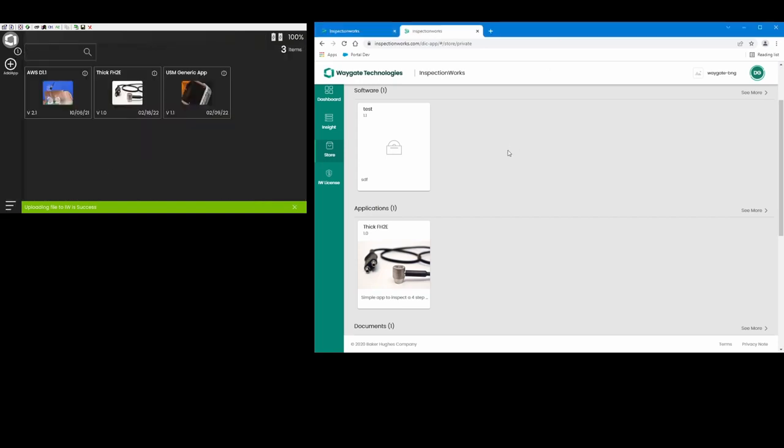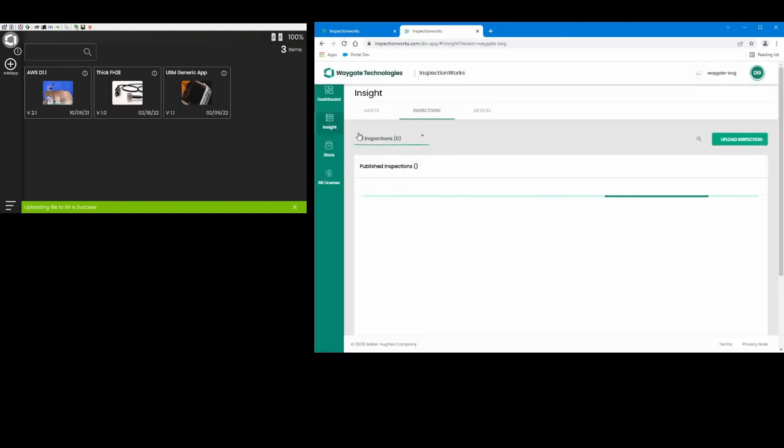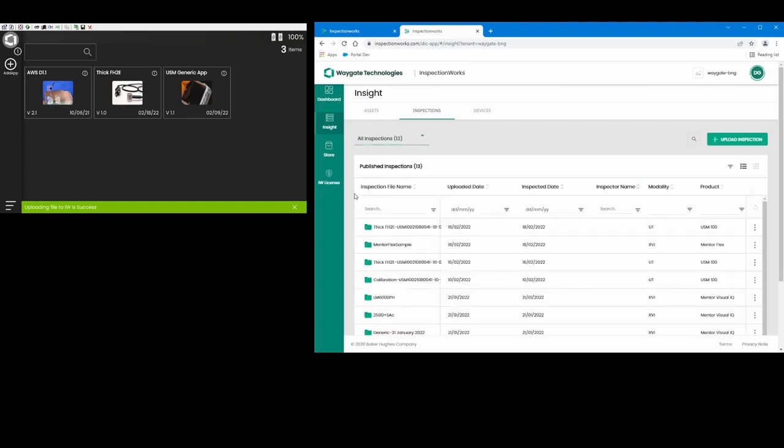Over here in InspectionWorks, maybe he sends me an email or he gives me a call and says, hey, Dan, I uploaded that data that you asked for. And let's refresh our page here. I come into Insight and I see there's a new folder here. It was just saved today, called Thick FH2E, the name of the application that we used on the instrument,